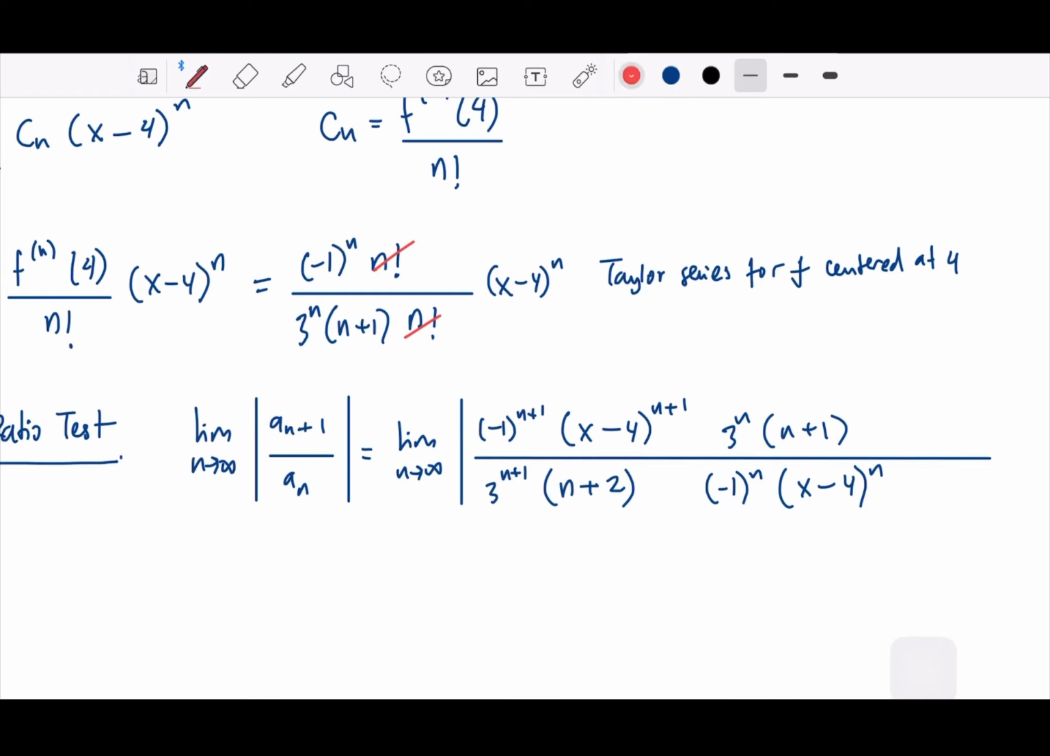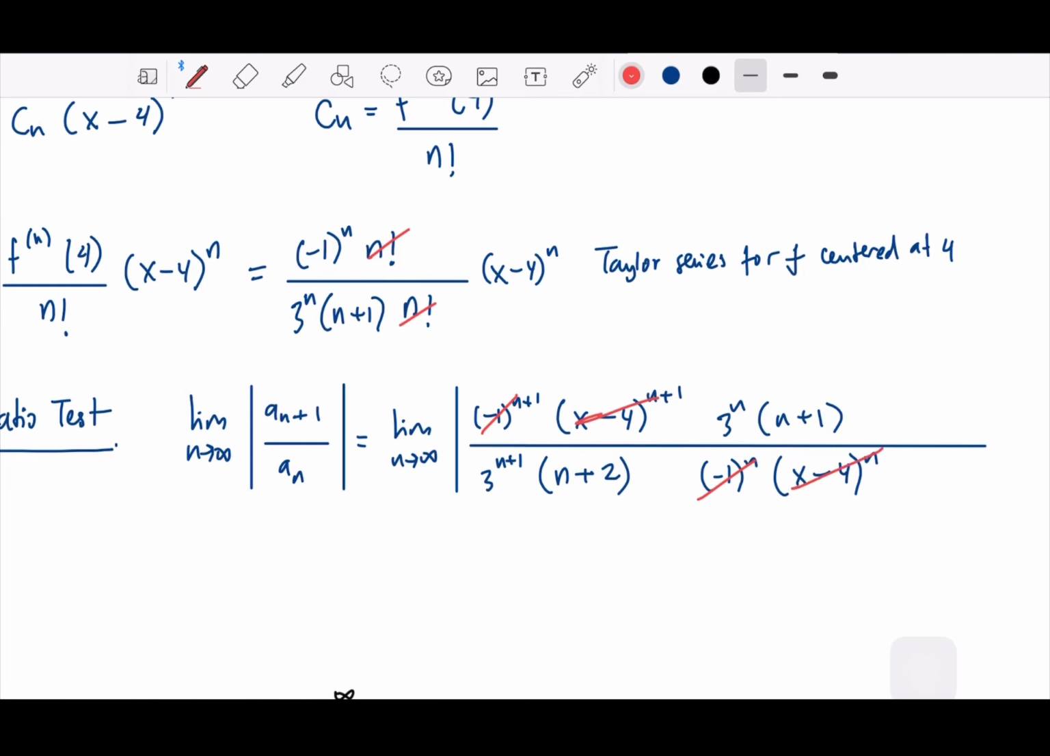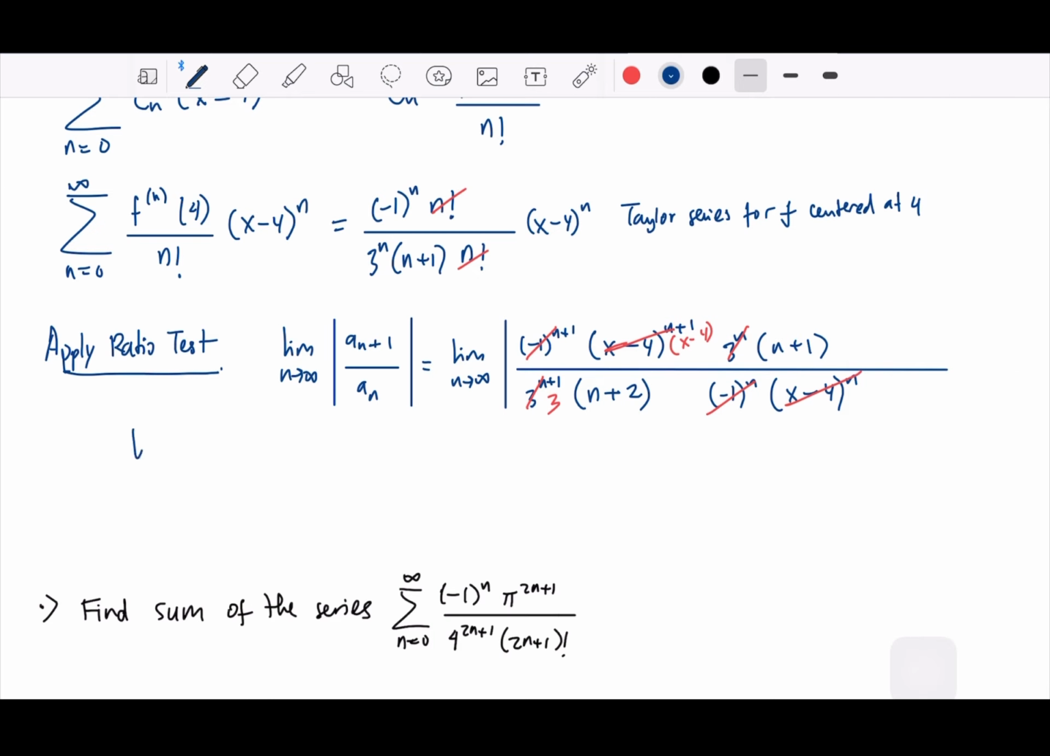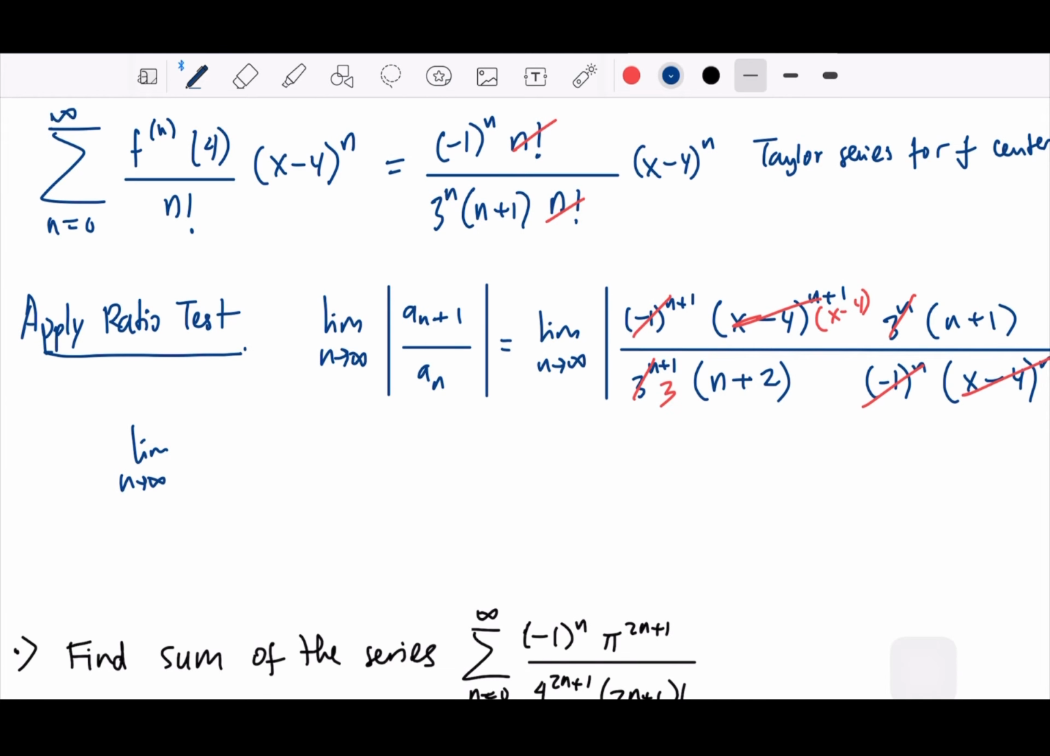Now let's cancel this, cancel this one, so this is x minus 4. Cancel this, so this is 3. Okay, so we have 3 left. This is the constant that I thought. We have 3 left. So the limit as n approaching infinity, we will have 1 over 3, and then